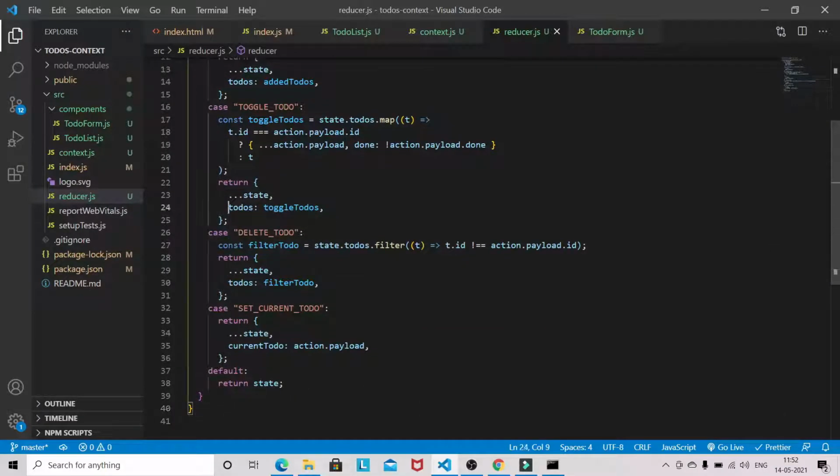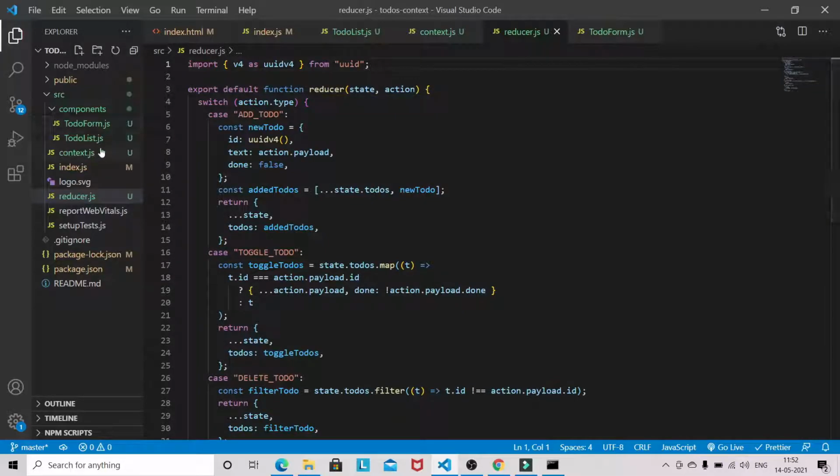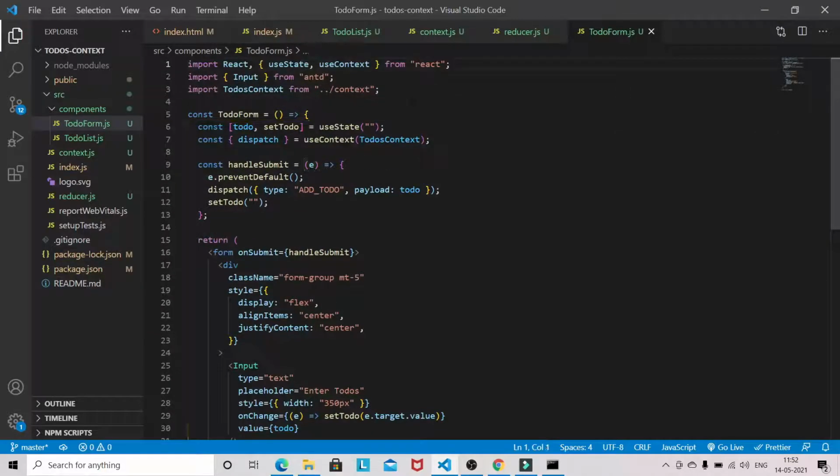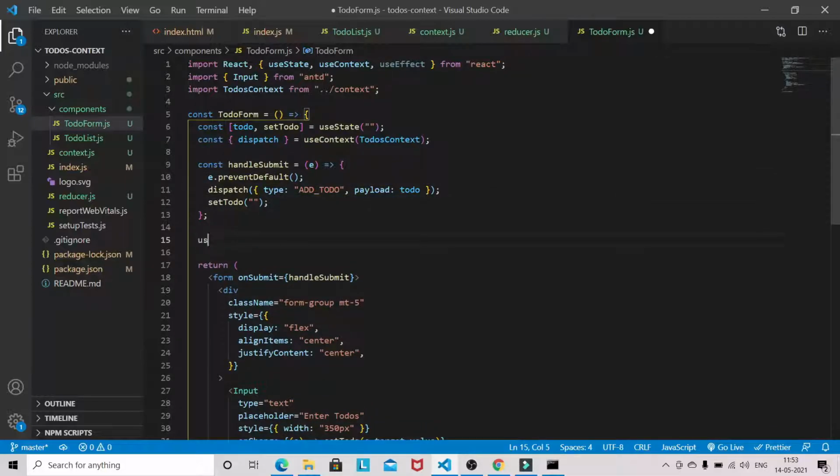So now come here to the todo form. Okay, so in todo form we have to use one hook called useEffect to check whether currentTodo is holding any ID or not. So let's see that useEffect.